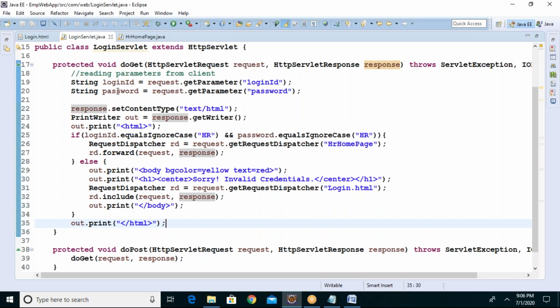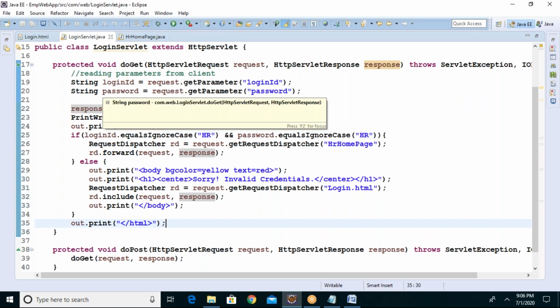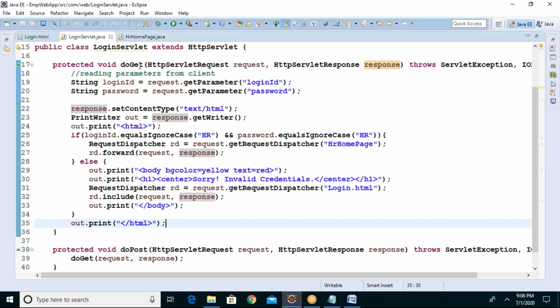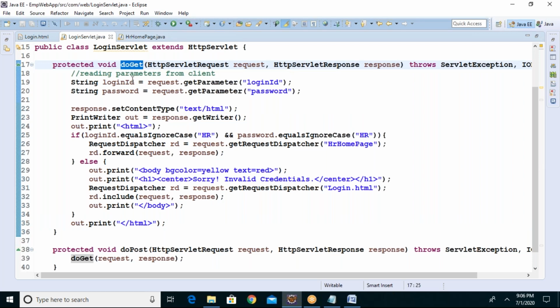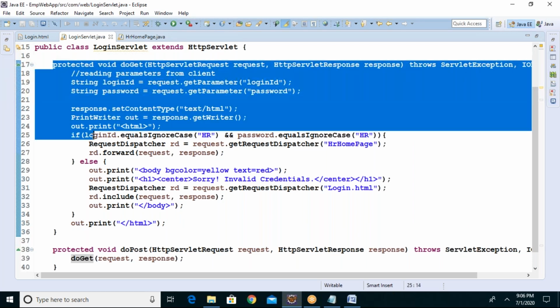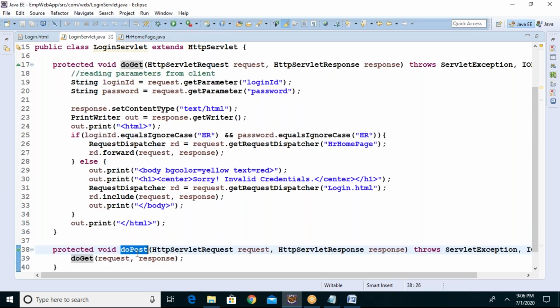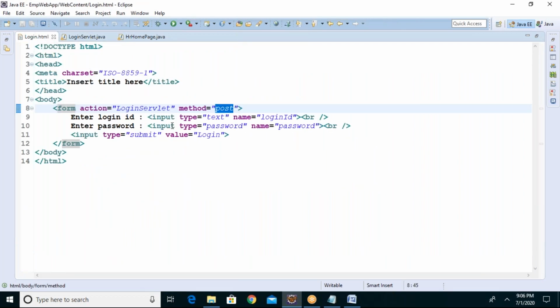So you never know whether, for example, Paytm is calling with get or post. We never know. Like that, MobiQuick also may be calling the Airtel site, maybe with a get request or a post request. So you should make sure that if the client calls get, I am ready. If the client calls post, I am ready. But you don't tell the client, boss, you only call with post, or you only call with get. You cannot say like that, can you? Boss Paytm, if you are calling me, you only call post.